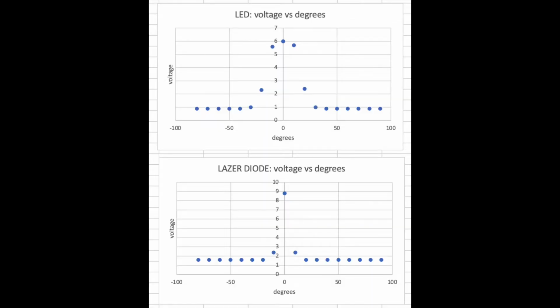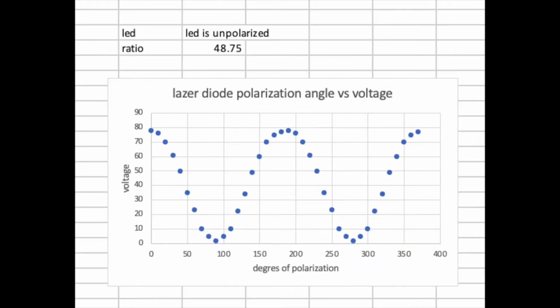Here we see the graph for the LED of voltage versus degrees, and we see that it emits into a pretty narrow range of around -30 to 30 degrees, or a 60-degree total range, but for the laser diode, it's even narrower. When we rotated the polarizer for the LED, it became obvious that it was unpolarized,